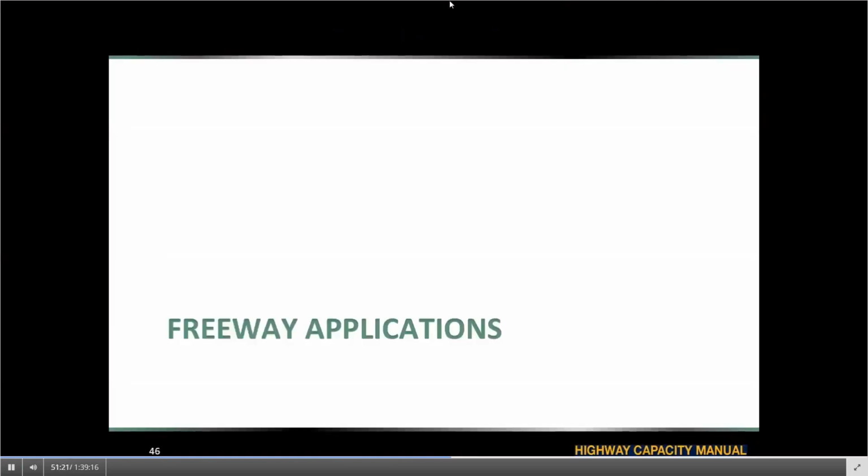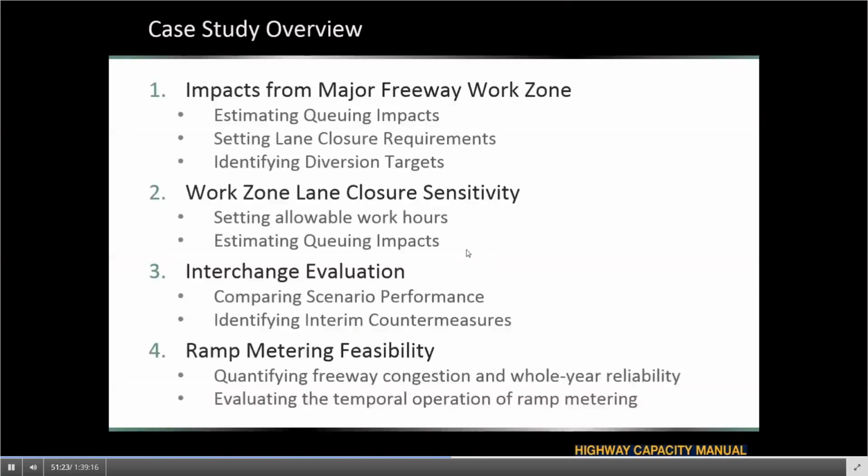Okay, thank you, Bazad. So in the last part of the presentation, I want to go through 4 examples of how this methodology could be used or has been used in some real-world applications. The first is looking at a major freeway work zone, looking at queuing impacts, implementing the new NCHRP 3-107 methods, looking at policy decisions, lane closure requirements, as well as identifying diversion targets that could then inform a public outreach